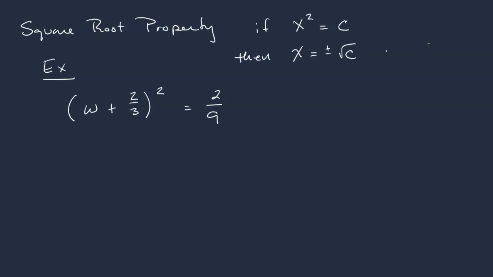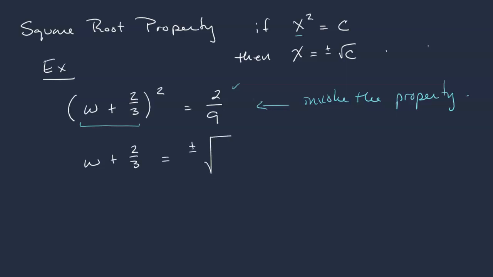We see that our base being raised to our exponent is w plus 2/3, and we have just a constant on the other side. So we can invoke the square root property here right from the beginning. We don't have to isolate anything further to write that the base w plus 2/3 is equivalent to plus or minus the square root of 2/9. And then we can subtract